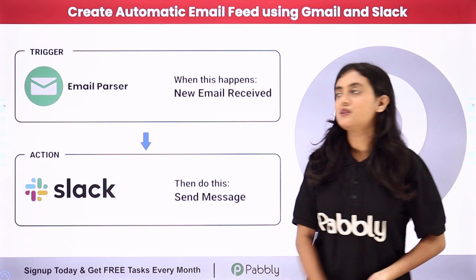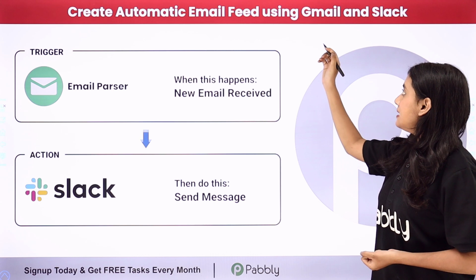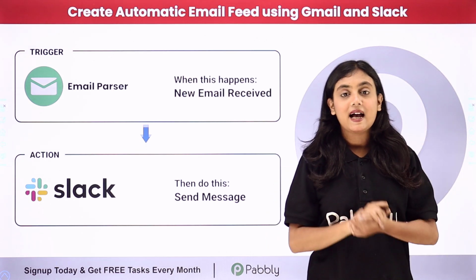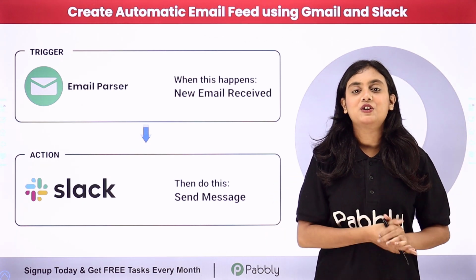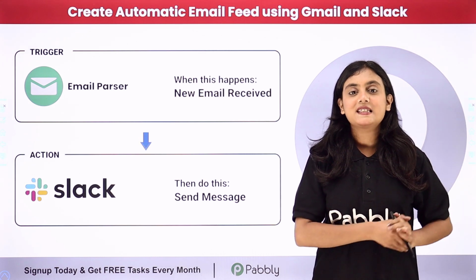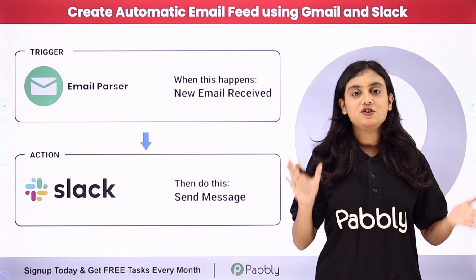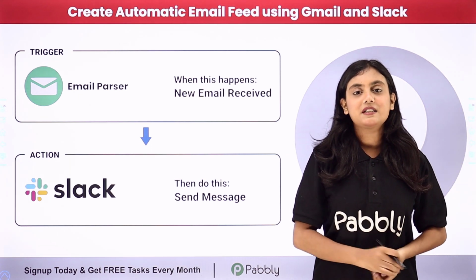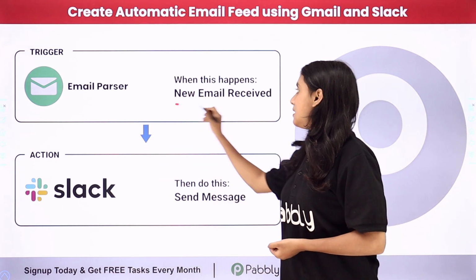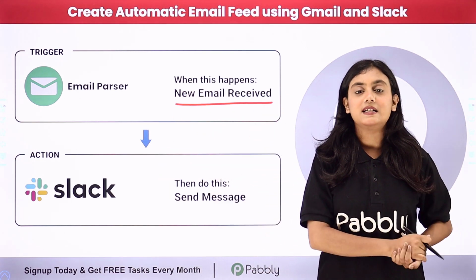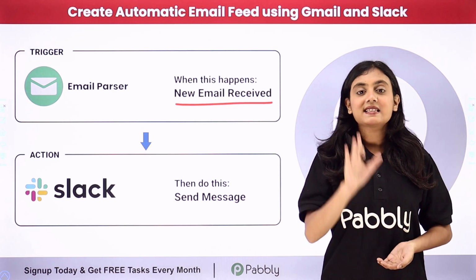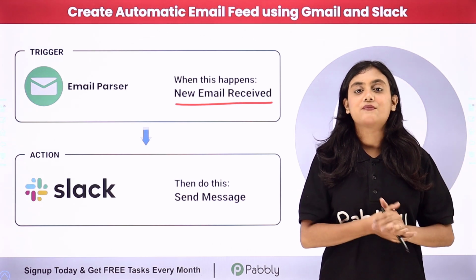In this video we're going to learn how to create automatic email feed using Gmail and Slack. So I am an owner of a business and my employees send me their daily work report using their Gmail account. So here my objective is that as soon as I receive a new email from my employees related to their daily work report, as in Pabbly Connect there is no trigger step for Gmail,